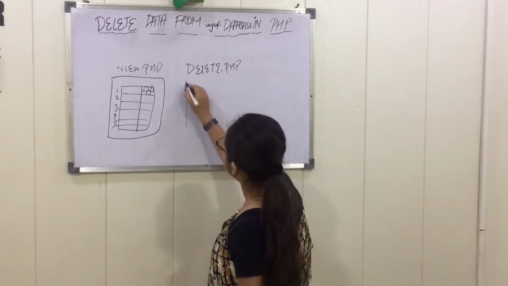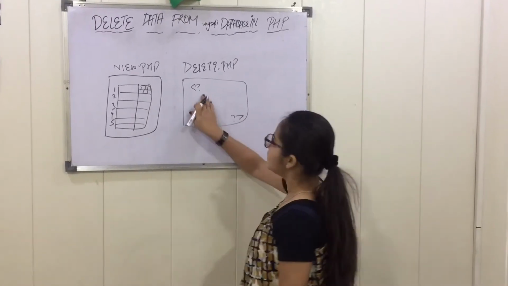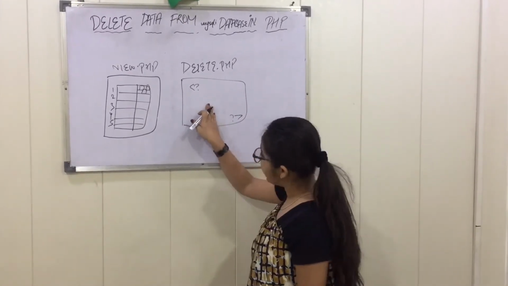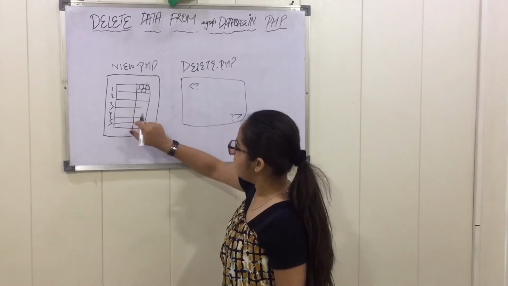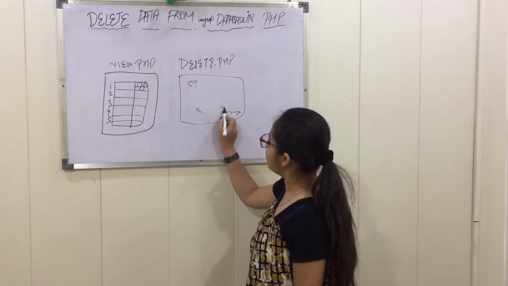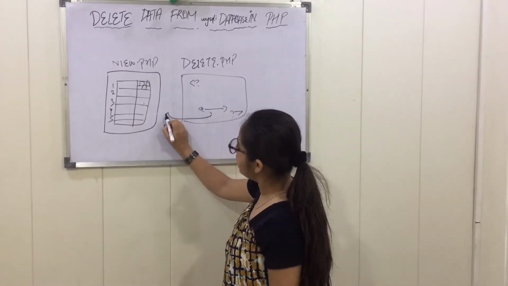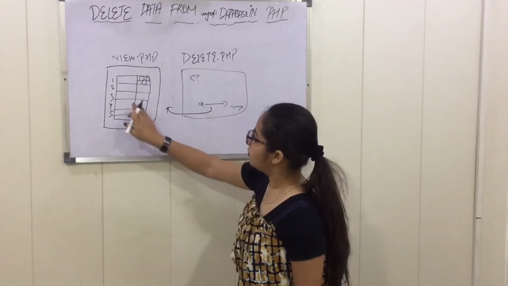delete.php. In between this, I have written the PHP start and close tags. In between which I have written the code to delete the value from this table, that is from view.php. After that, I will set the anchor. In between this, it will redirect to the file, and after the deletion, it will open this file.